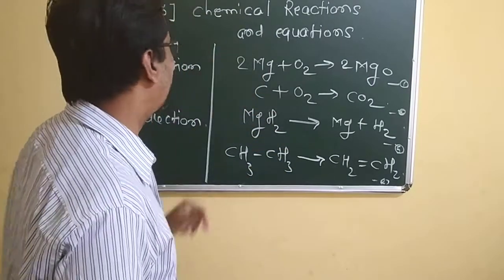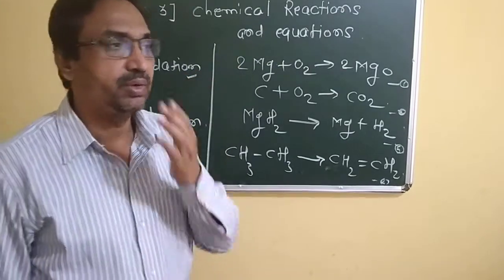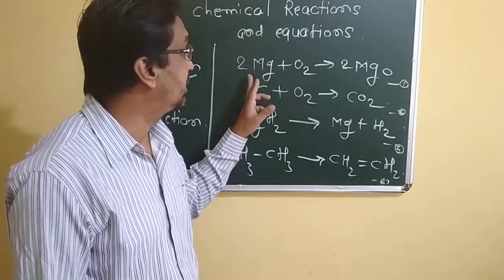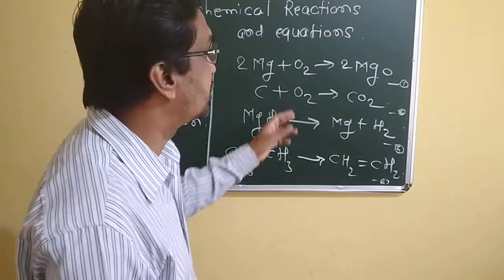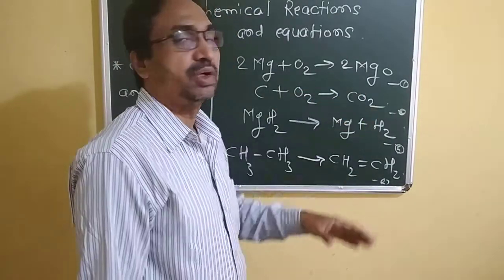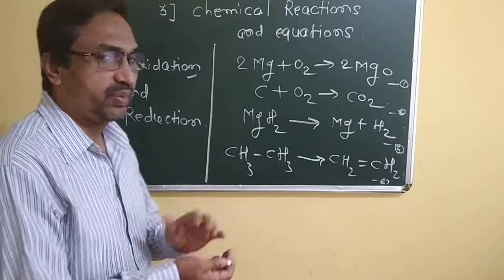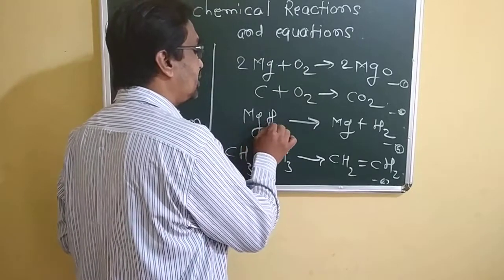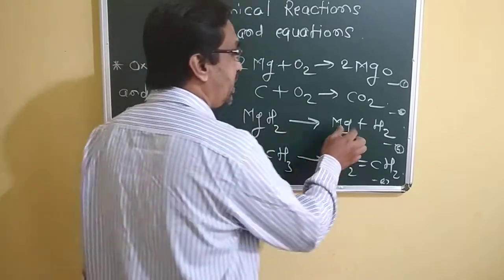This type of reaction is called an oxidation reaction. In an oxidation reaction, reactants react with oxygen, or combine with oxygen, to form a corresponding oxide product. It is called oxidation. Another definition of oxidation: magnesium hydride, MgH2, has magnesium and hydrogen,